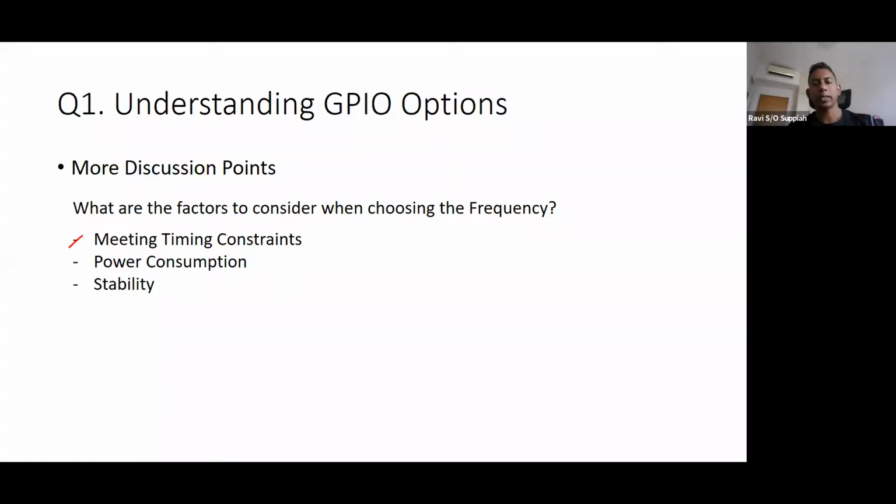Then you need to factor in the complexity of the system, the code, and whether your clock frequency can be adjusted to meet this requirement. So that is one thing. The other is, of course, power consumption. The higher the clock frequency, generally you will have higher power consumption, so you also need to think of that as an important consideration. And like what I mentioned, the stability. You always want to stay within the manufacturer's limit, not push it beyond that.